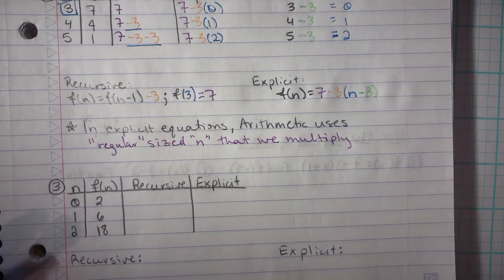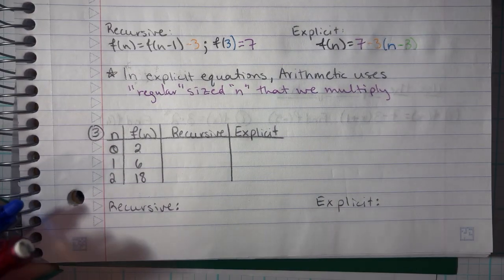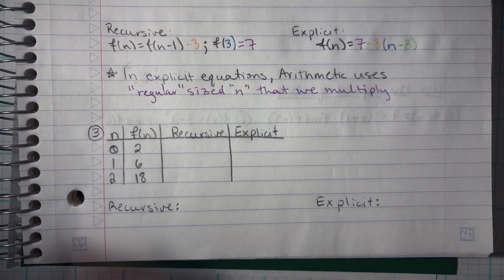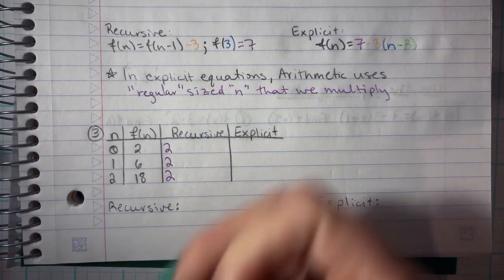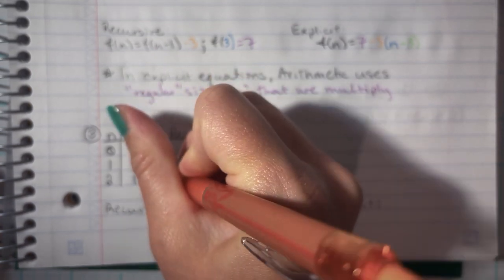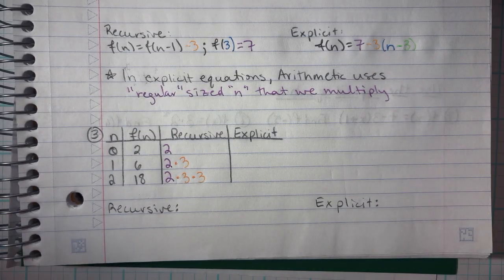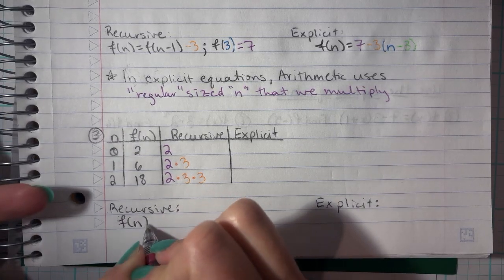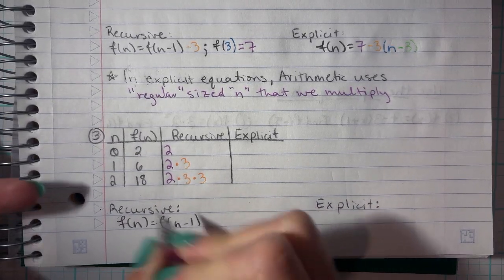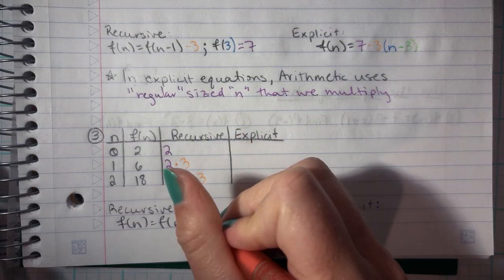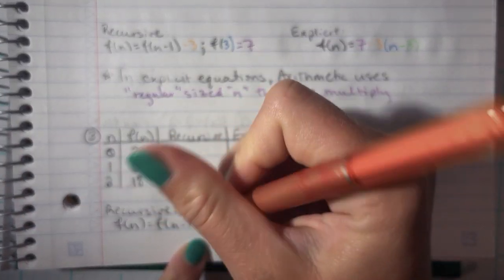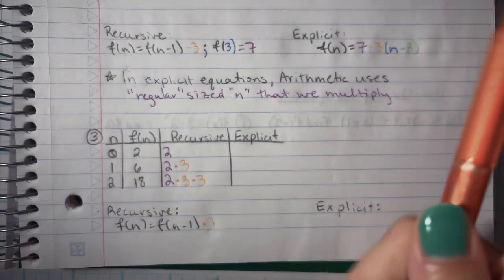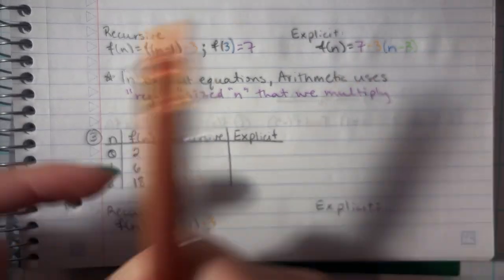So in a common ratio with geometrics, right? I'll start it out. We have this 2 that we're doing, and I see that we are multiplying by 3 as we go down, so filling it out like yesterday. And our recursive is going to go f of n equals f of n minus 1 times 3. That's a terrible 3. Let's try that again, because that's looking like a backward C. Times 3